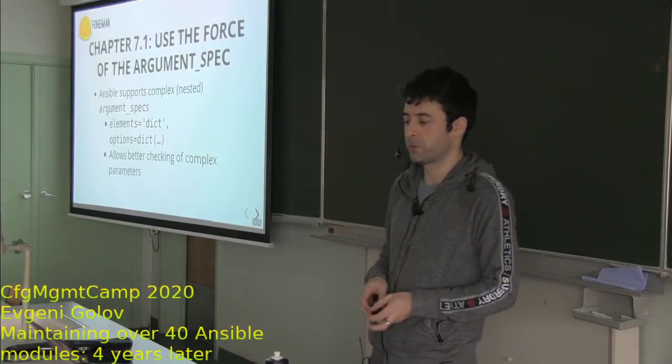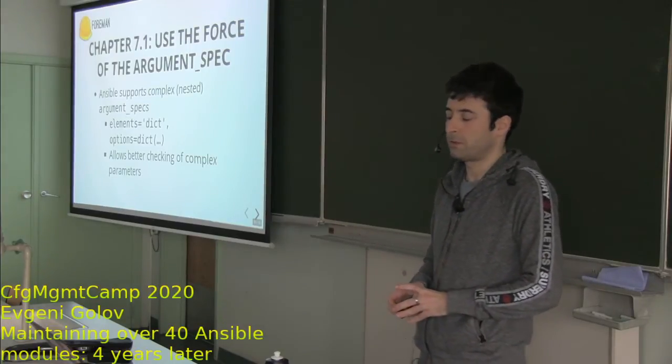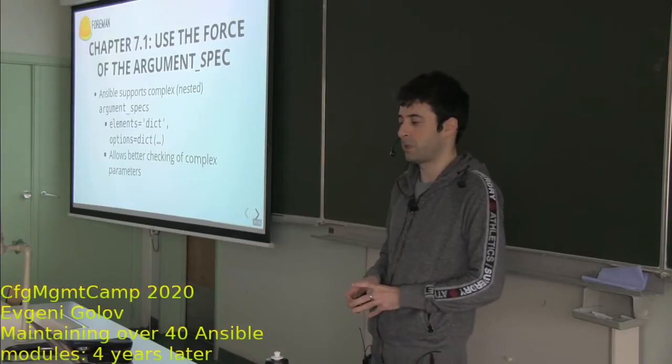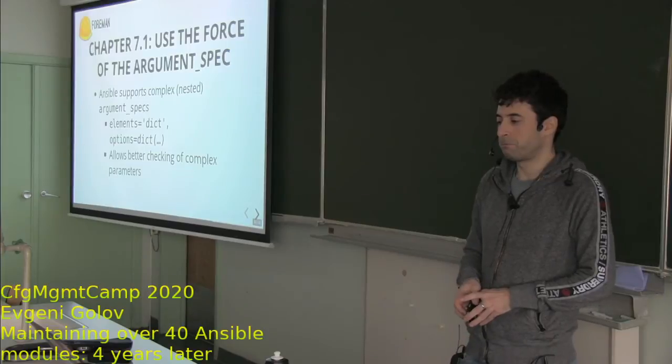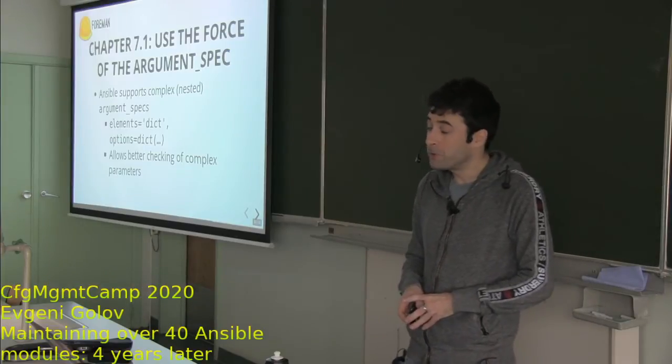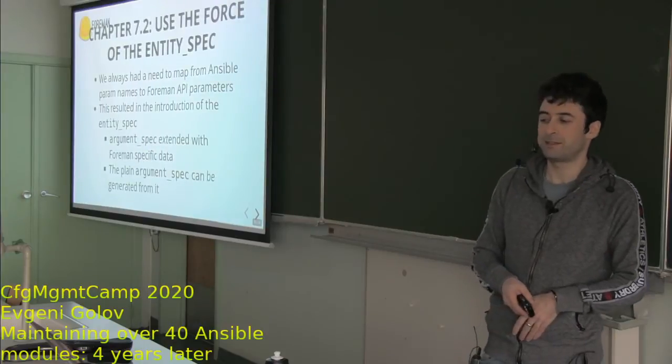Define as much as possible in Ansible directly, because the feedback is quicker, and quick feedback is always good. But we also found a few limitations for our use case in the argument spec, so we wrote our own spec, the entity spec, because